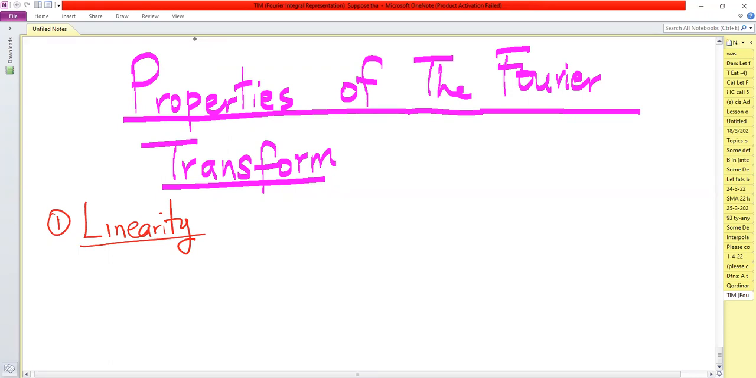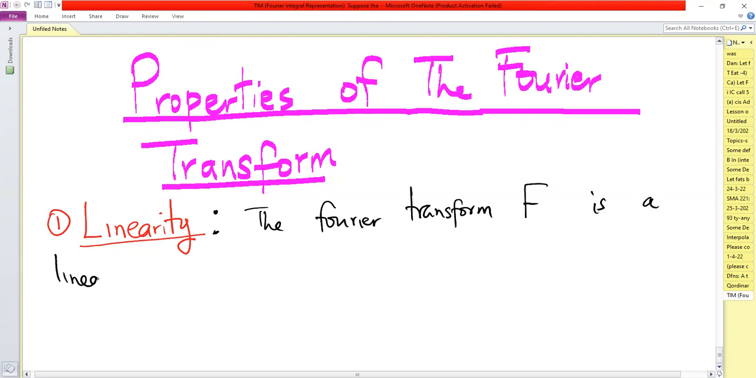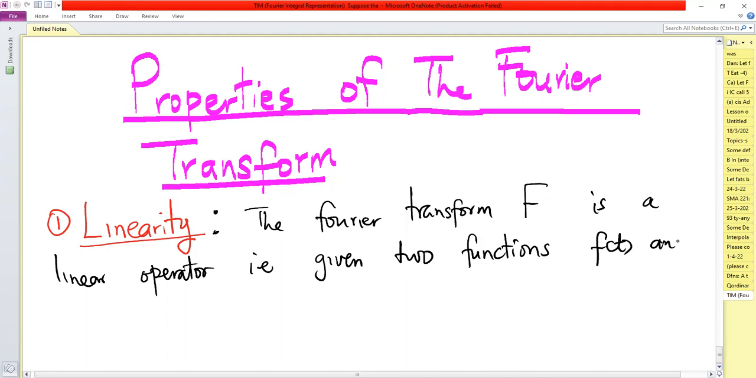So the Fourier transform is a linear operator. It's a linear operator, i.e., given two functions, f of t and g of t, and a constant c, then we have